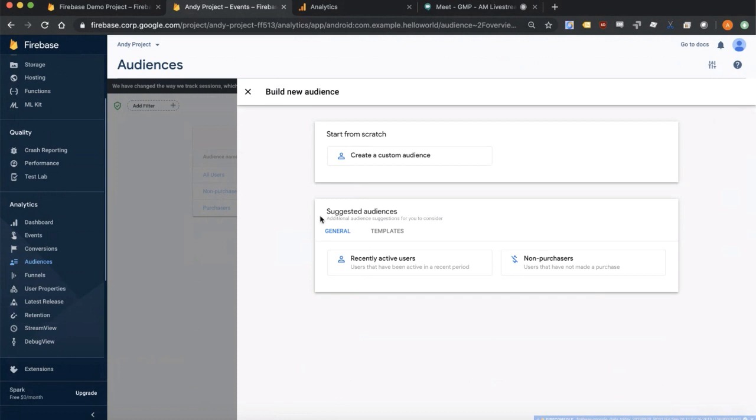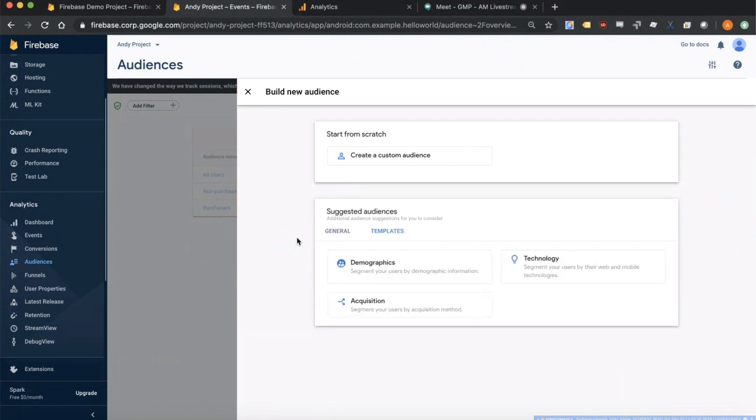So starting with the second tab over here, we have the suggested audiences. The platform is suggesting for us, based on the general theme of the app, that we could look into creating an audience of recently active users or users that have not made a purchase yet. And we also have the template section, which allows us to easily create segments of users based on specific